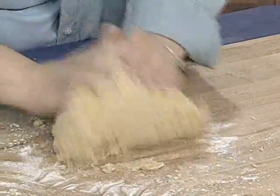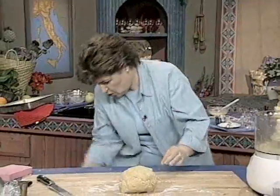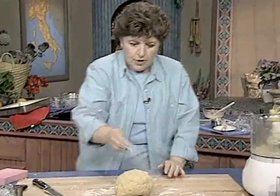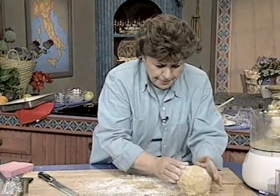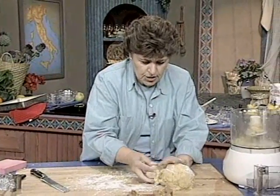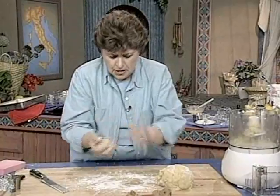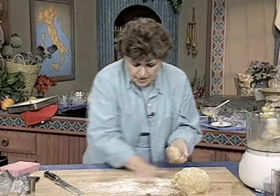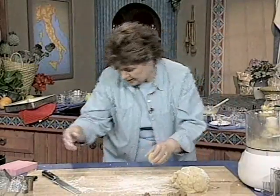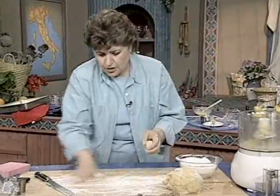And then what you're going to do is just pinch off small pieces of this dough to make the cookies. You want the size of a small egg. So let me do that for you. Take off a small piece, just like this. See? Better take a little bit more because that was an extra small egg. And then on a counter that has a little bit of flour on it, let me get a little bit more flour. You want to roll these out